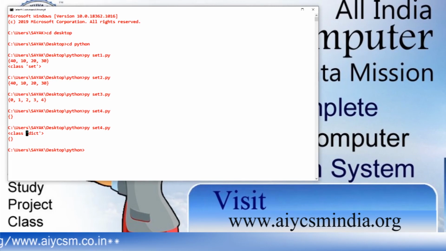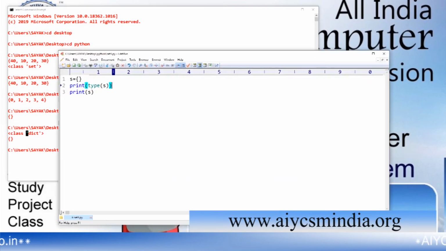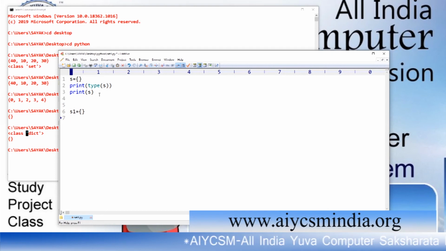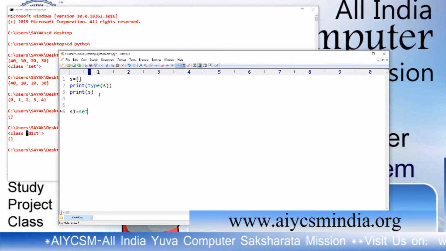So how can we create an empty set? The solution is, if I want to create an empty set, with the help of the set function we can create an empty set.